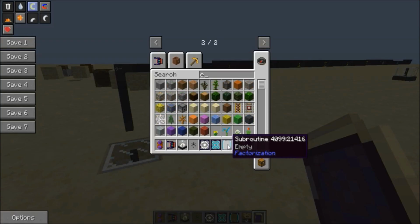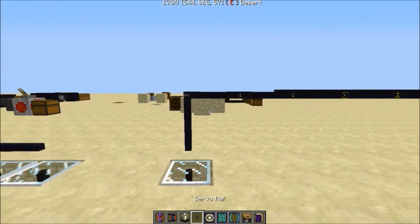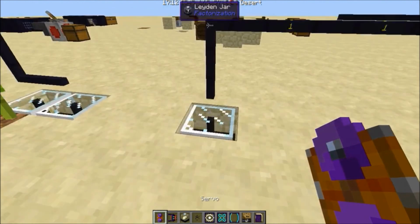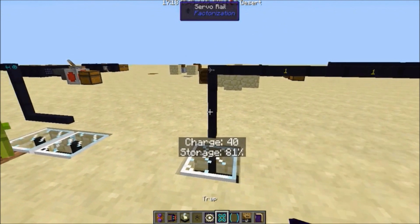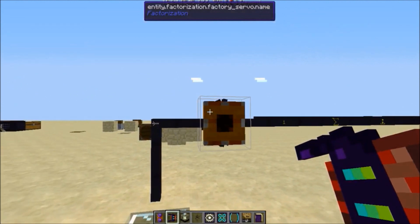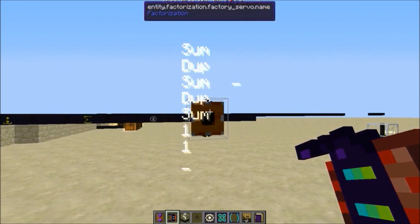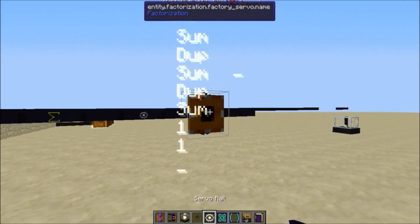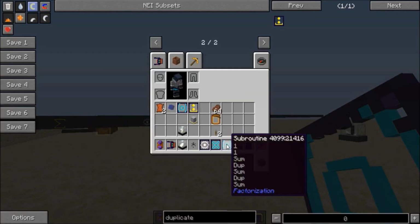So as you can see, this one is empty, but I have one that has a subroutine already, and all that will do is it'll place the number 1 and the number 1, and then it'll sum it. So let me see if I just place the servo here. I'll check if this has enough charge, and it does. So here we go. Place this guy down and have the logic matrix programmer in my hand. Goes over the 1, 1, sum, duplicate, sum, and okay, now it's stopped. Now all I need to do is shift right click, and there you go,